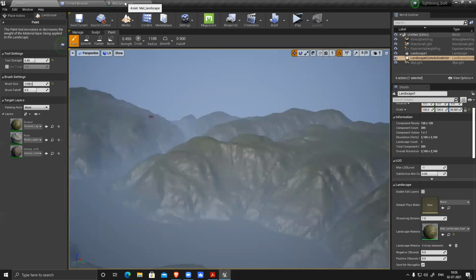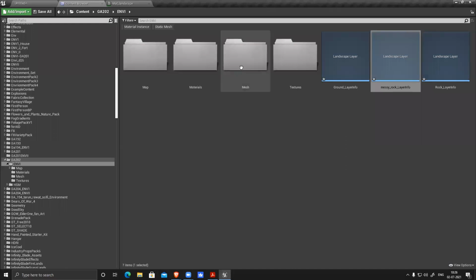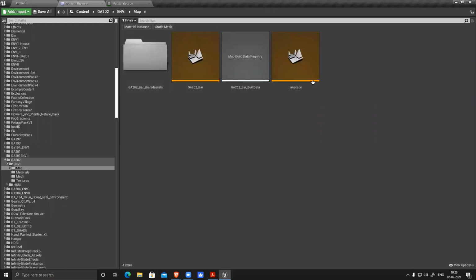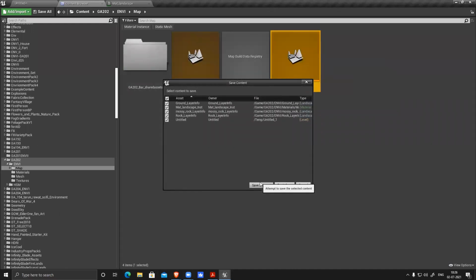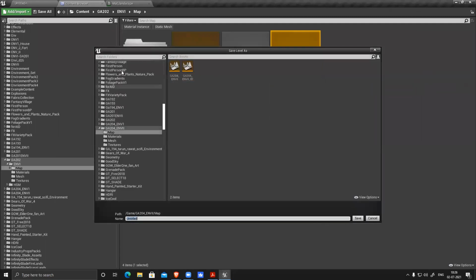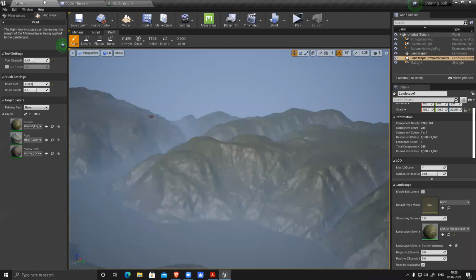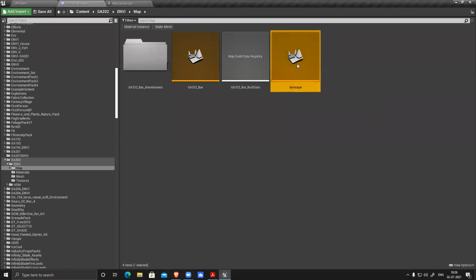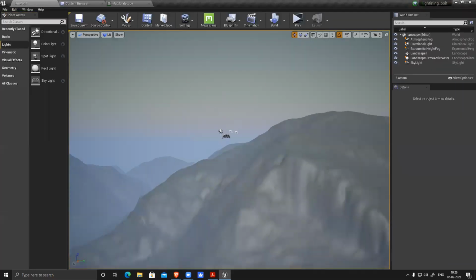Save it, and then go to your map and open this one. Save. This untitled I don't want to save. Cancel. Don't save. So you get back this thing.